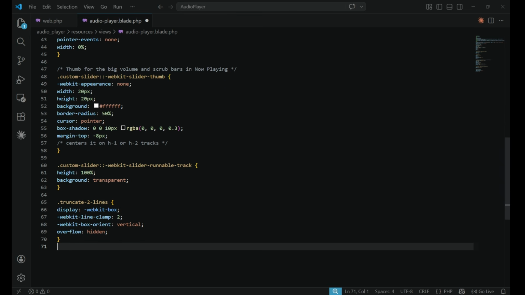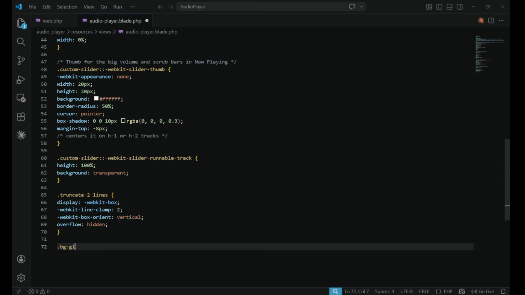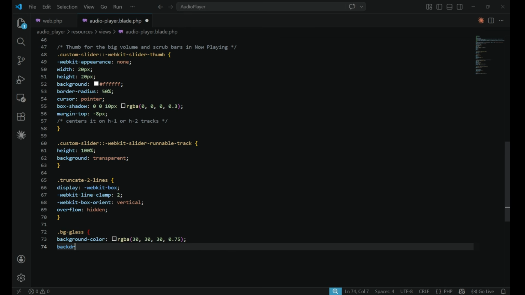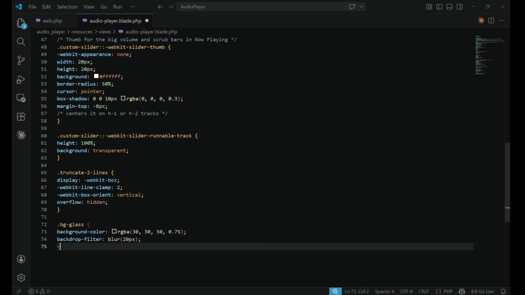Just close this and then I will pass a dot bg class background color and then pass here this background fill there and make it blur. And here after this I will pass background filter blur,